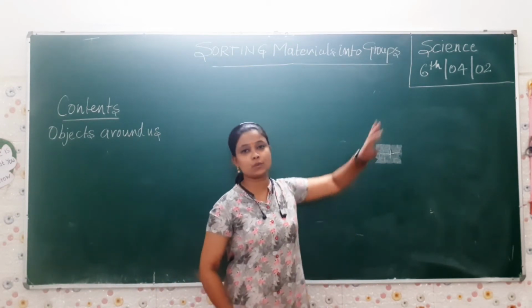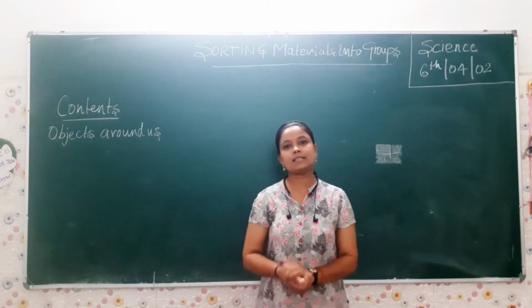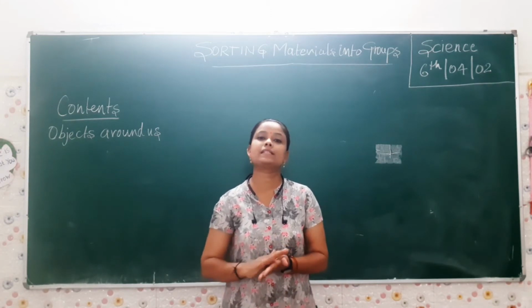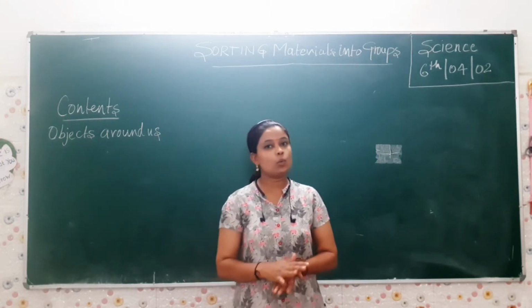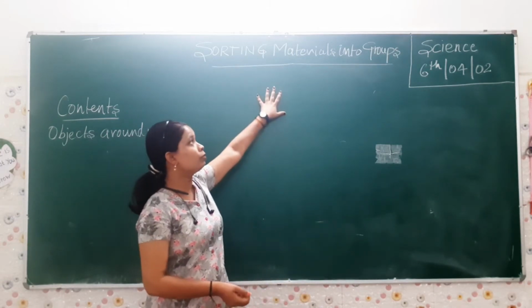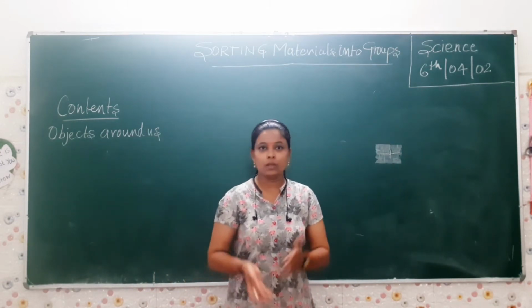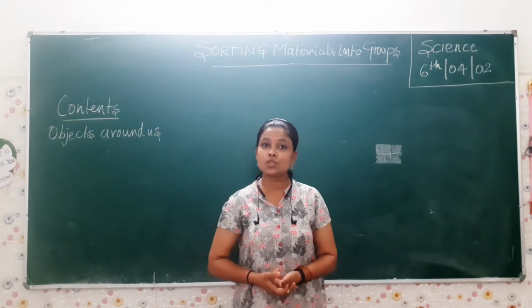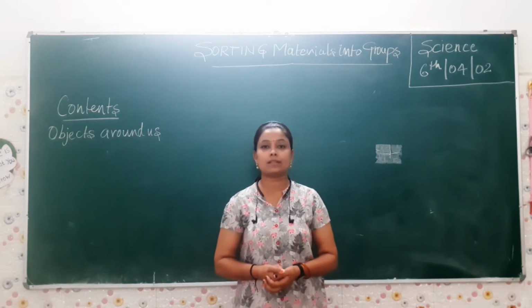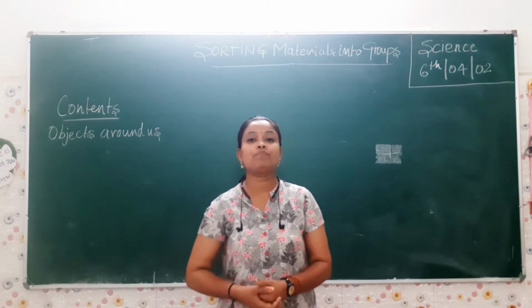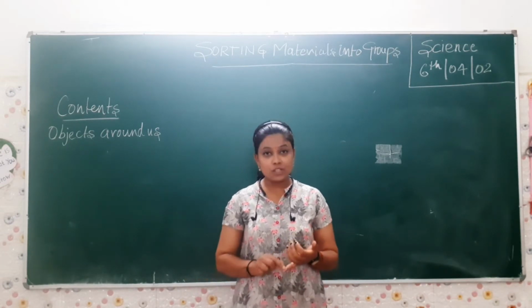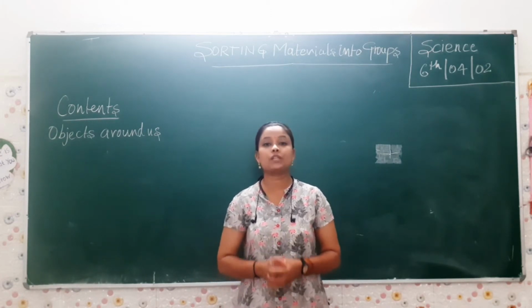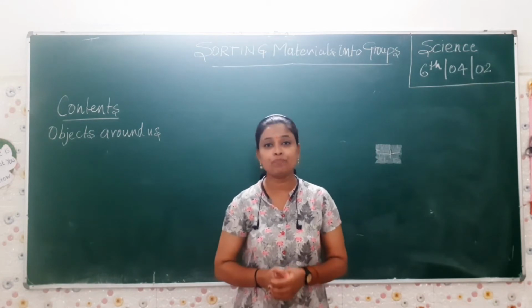So today we are going to study Science of class 6, chapter number 4, and we are on the second sequence of our chapter. Which chapter? Sorting of materials into groups. We have already discussed what types of materials are, where we use them, and what the benefits are. We have even discussed three different types of materials: transparent, translucent and opaque. Now in today's session we are going to have a deeper study of it.